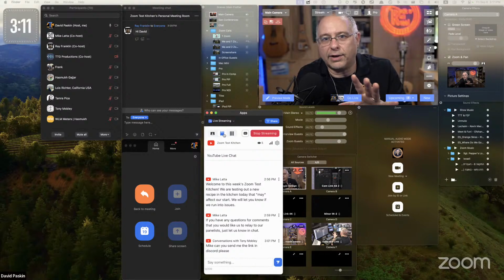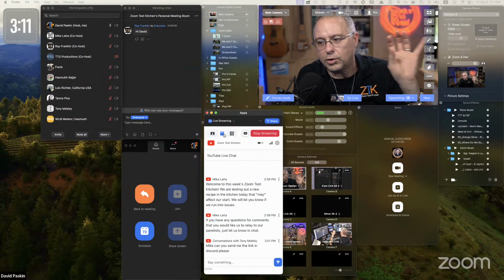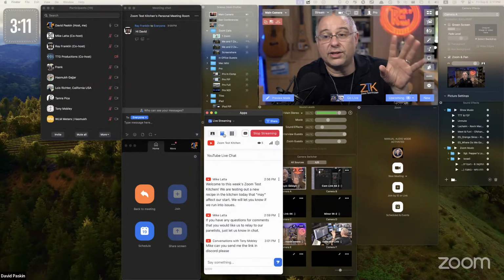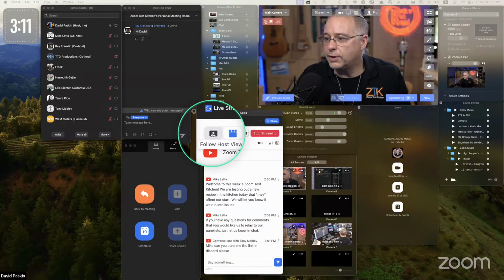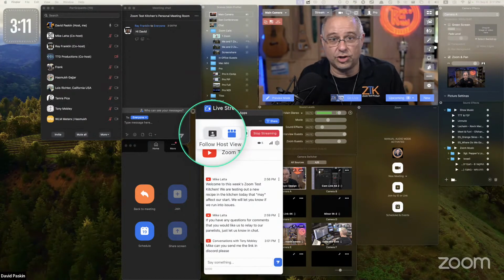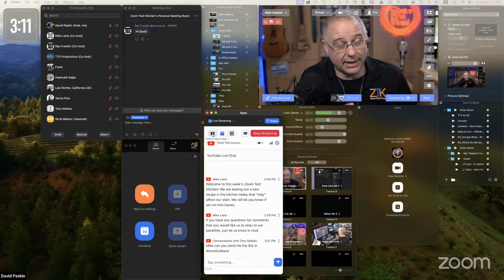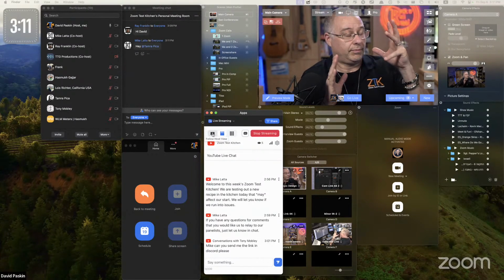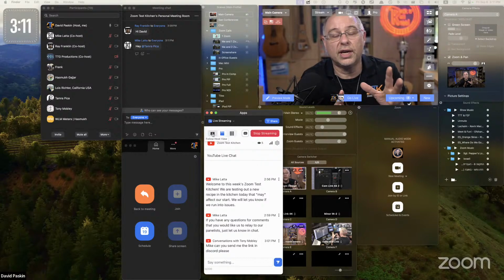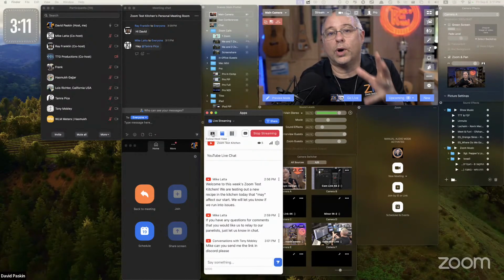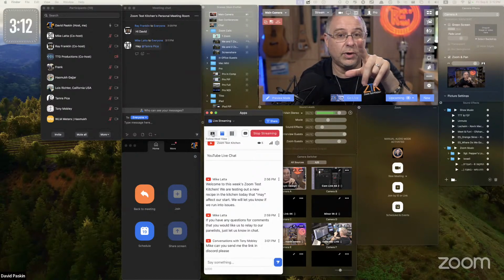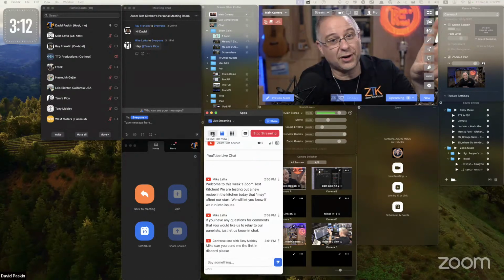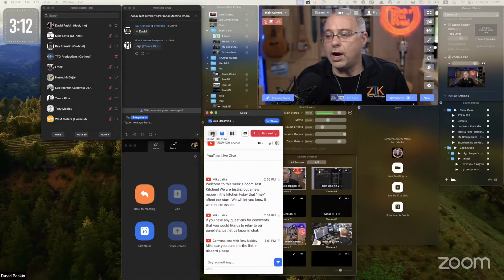So what he's pointing out is that there really are two states. There's let Zoom handle it or you handle it. The let Zoom handle it is this guy over here, follow host view. That's the let Zoom handle it. The downside to let Zoom handle it is the host has to be in the view that you want to be going out. And so if I want to see the gallery view, but I want to send out speaker view, I can't do that. The other two options,